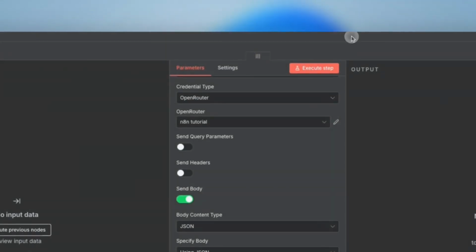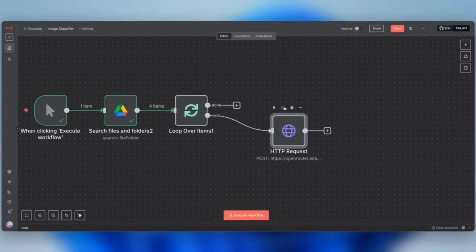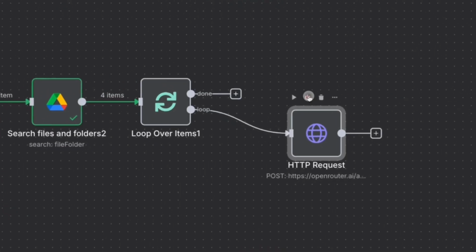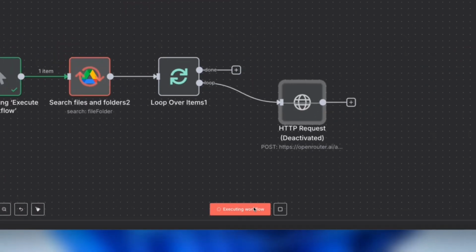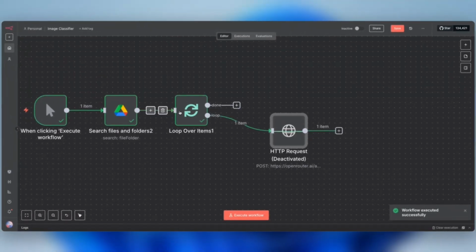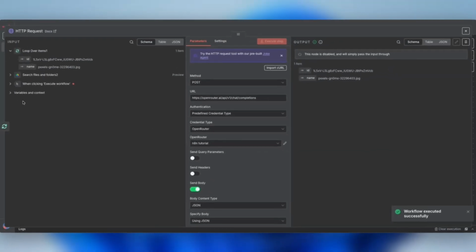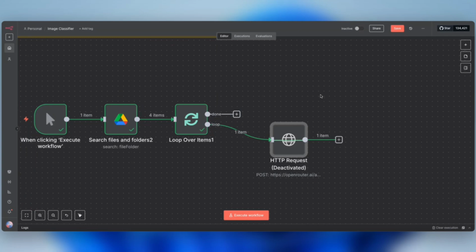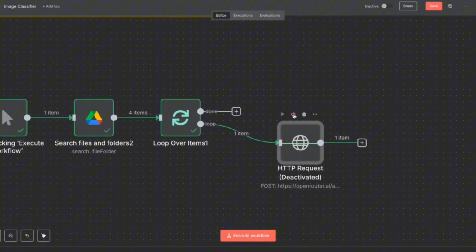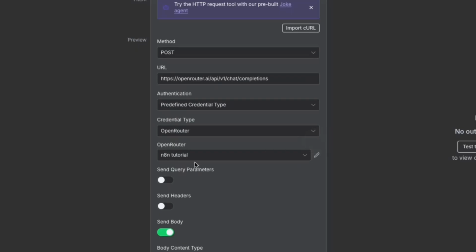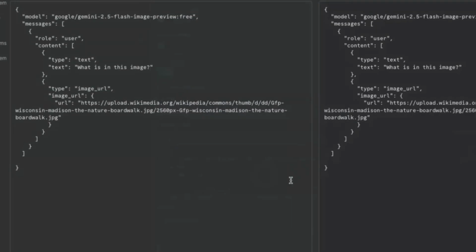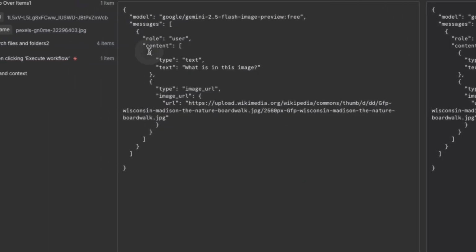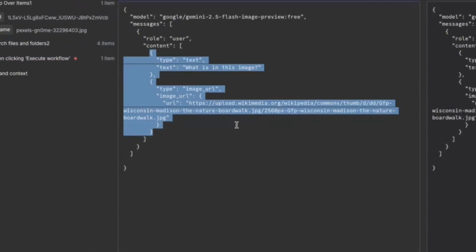Let's come back out again, and just going to turn this off because I don't want to fire that node right now in this execution. I'm going to turn it off. Click execute workflow. It's going to search for the files, and we'll see that we now have the different variables available over here. So I just scrolled up and copied the exact request that I had. Let's reactivate the node, open it up, come back down, and I'm just going to replace what I had copied,